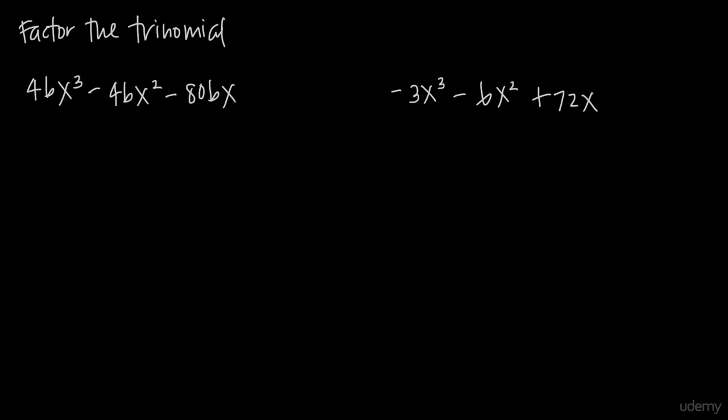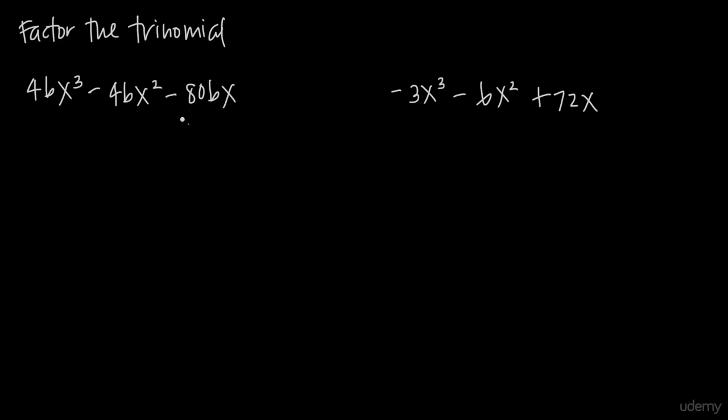In this video, we're talking about how to factor trinomials, but we're going to have to take out the greatest common factor before we can go ahead and factor the trinomial completely. So in this first example, we have 4bx cubed minus 4bx squared minus 80bx, and we want to factor this trinomial. But before we factor a trinomial, we always need to look for the greatest common factor,